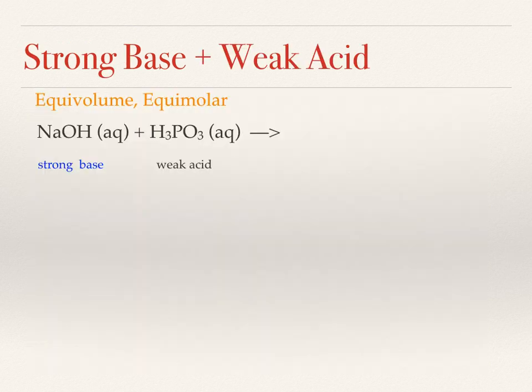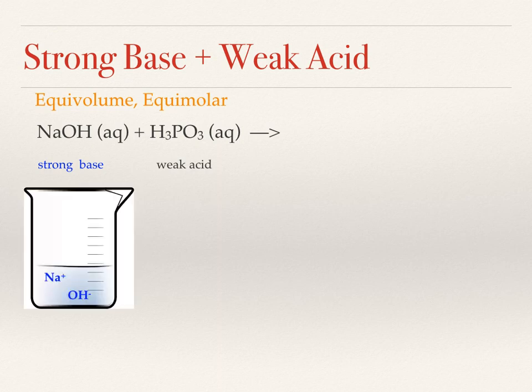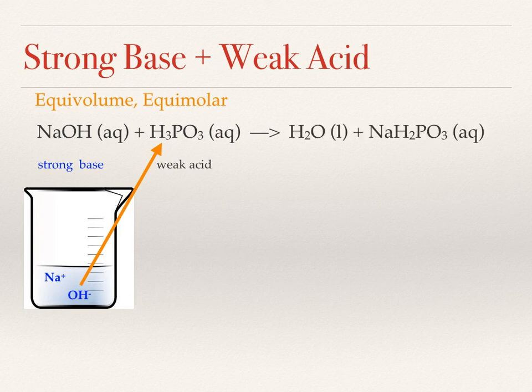So let's check out a situation where you have a strong base, sodium hydroxide, and a weak acid, phosphorus acid. What you want to think about with a strong base is that it's going to completely dissociate in water. Now that hydroxide group is your reacting species, and what it's going to do is rip off one of the hydrogens of our weak acid. So the H plus and our OH is going to make water, and then we're going to have our salt